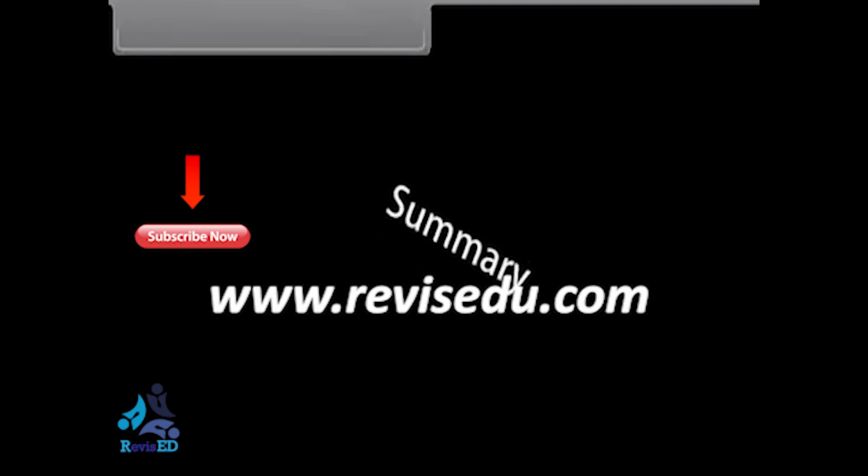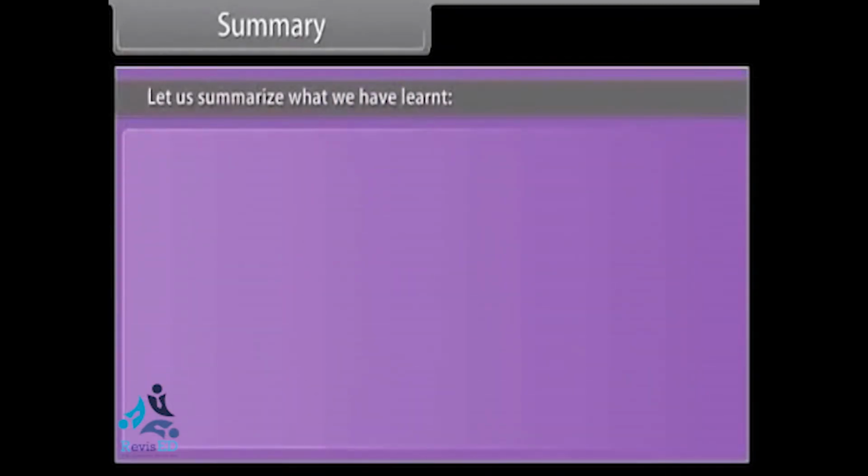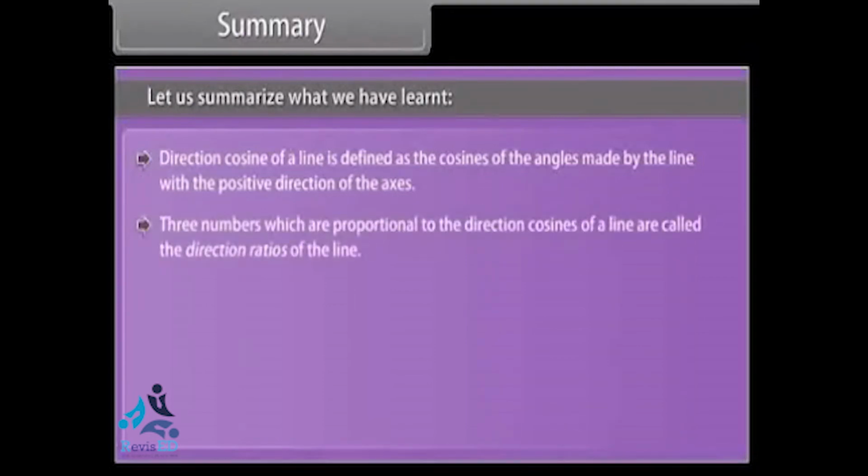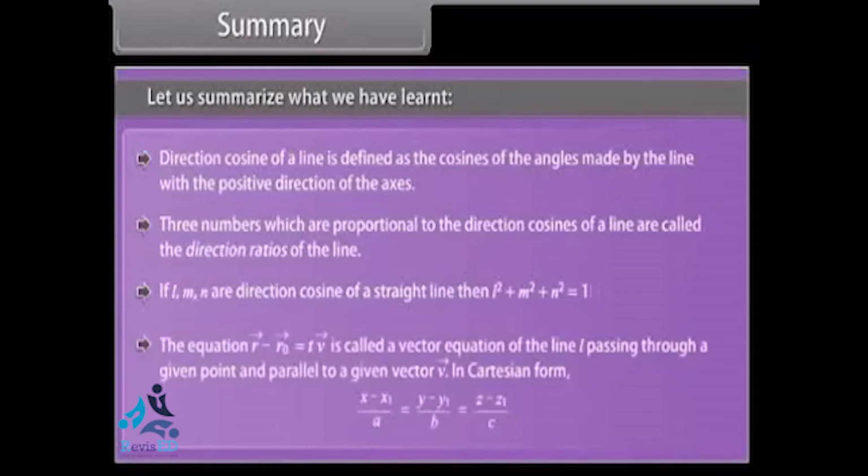Summary. Let us summarize what we have learned. Direction cosine of a line is defined as the cosines of the angles made by the line with the positive direction of the axes. Three numbers which are proportional to the direction cosines of a line are called the direction ratios of the line. If l, m, n are the direction cosines of a straight line, then the equation is called the vector equation of the line passing through a given point and parallel to a given vector. In Cartesian form,